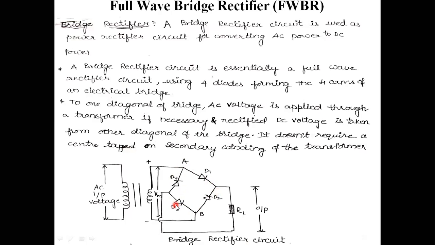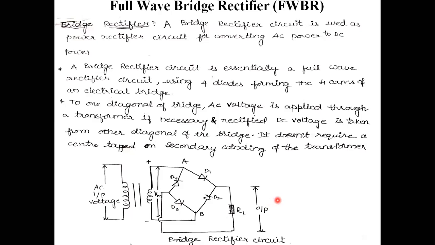Each diode acts as one arm, and across the positive and negative voltage potentials, the maximum voltage is Vm. Across one diagonal, I am applying some AC voltage. Across the other diagonal, I am taking out the output voltage, that is V0. The same diagram I am representing in another notation, with respect to the positive half cycle as well as the negative half cycle. We will see that.